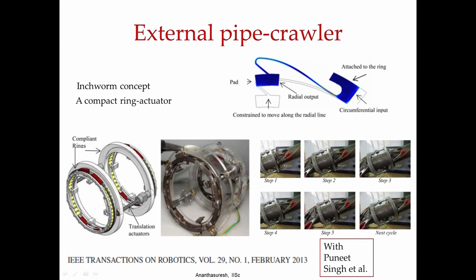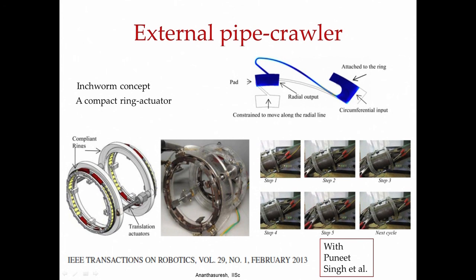There are two rings here. When this is holding, this is free, it can move, and then once this becomes tight, this loosens and this spring will bring it back like inchworm motion, like a monkey would climb a tree, a coconut tree, and that is how this works. And this used the active material, smart material, shape memory alloy, and very compact compliant mechanism